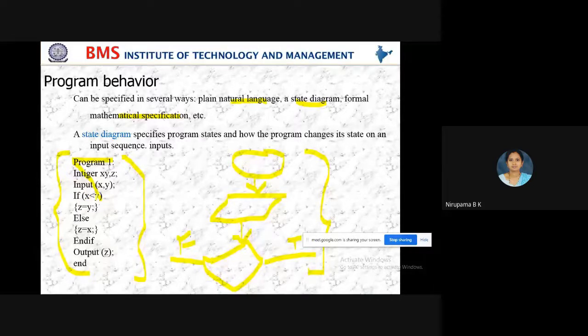X is less than y, so the larger number will be y, no? The larger number will be y. So y is stored in the variable z.